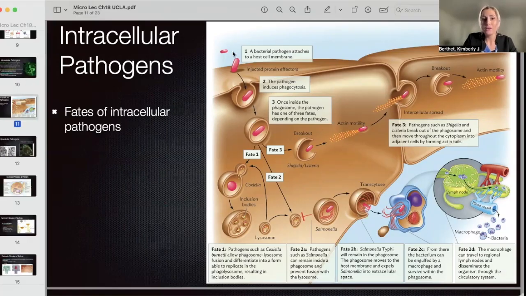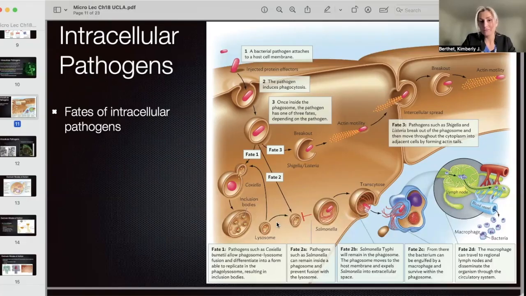cells. Here we have a microbial cell coming into contact with a host cell. We see it being engulfed, so that's a process of phagocytosis where the host cell takes in the microorganism. One fate that we can see here is that the host cell, within its phagosome, actually binds with the lysosome, and the lysosome typically would break down the bacterial cell. It would degrade the bacterial cell and kill it. But what we see here is that this cell is able to live in inclusion bodies, and it's able to